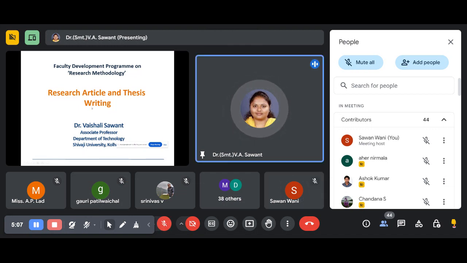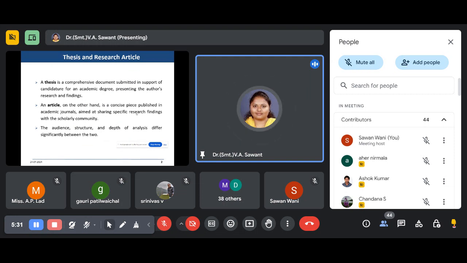So, in today's session, I will cover three major points. That is, writing a research article, submission of research article and review process, and thesis writing. So, let's start by understanding the key differences in a research article and thesis writing. Though these are related as both these are a research report, they differ in various aspects